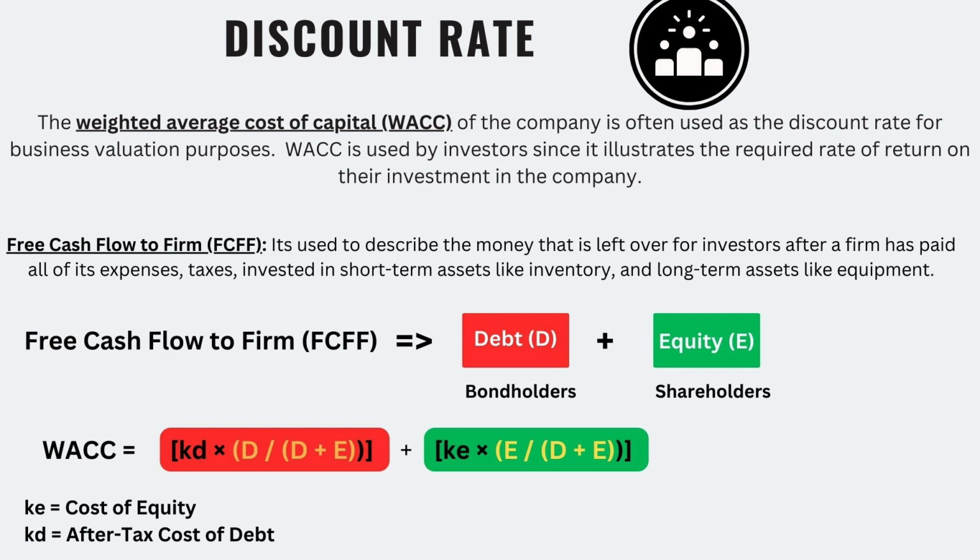So free cash flow to the firm belongs to the bondholders or creditors who have given the loan or debt to the company, and shareholders who have invested in the company equity. Here is the formula for weighted average cost of capital, in which cost of equity is taken in proportion to the equity percentage and cost of debt is taken in proportion to the debt percentage, and both are added together to get the final weighted average cost of capital, which will be the discount rate for the calculation of discounted